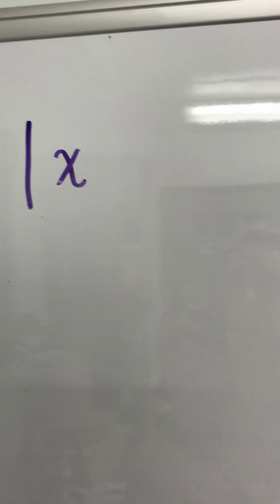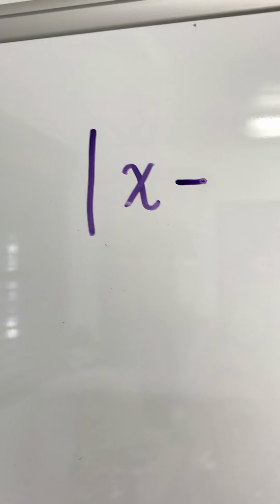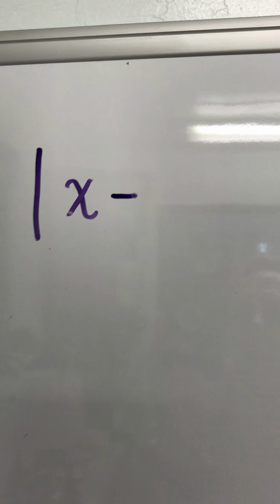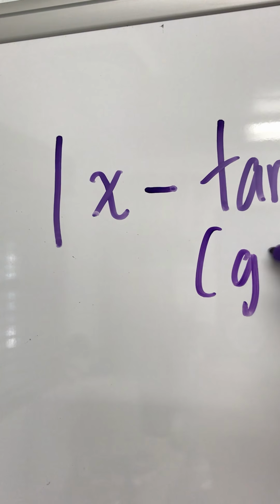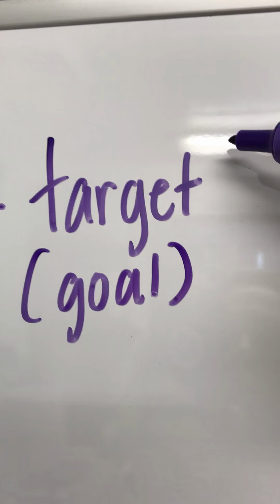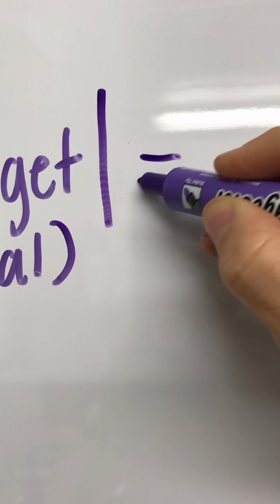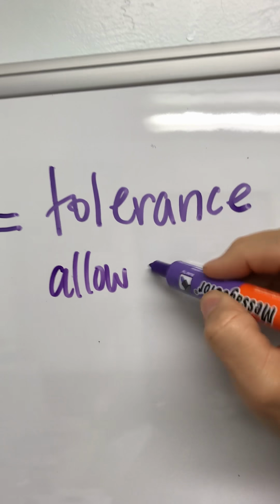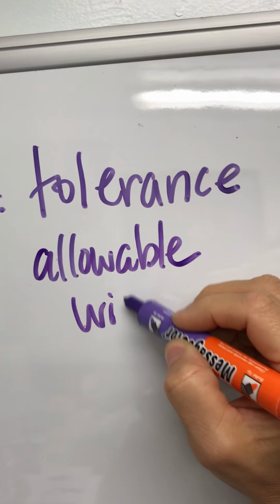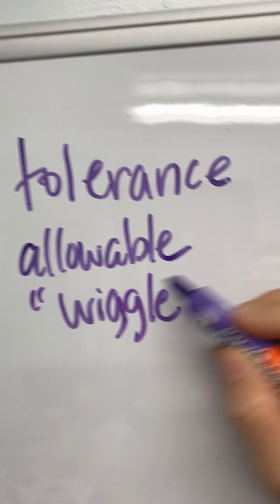If you recall from when we were writing an absolute value equation from a graph, we said, well, we want to subtract the midpoint and make it equal to the distance. In this word problem, the midpoint can be thought of as the target. Or it can also be thought of as the goal, right? In the word problem. And we're going to let that equal that tolerance. And another way to think about tolerance is sort of that allowable wiggle room, right? The allowable, for lack of a better fancy word for it, the allowable wiggle room